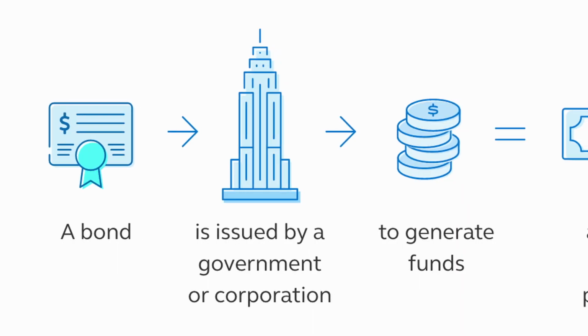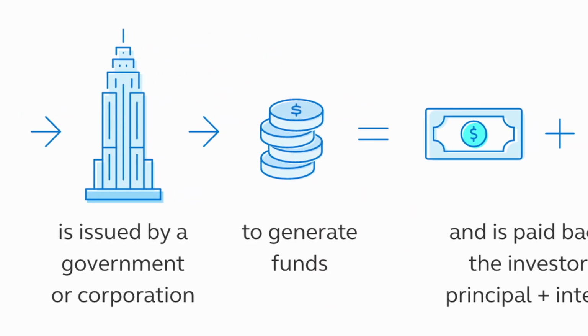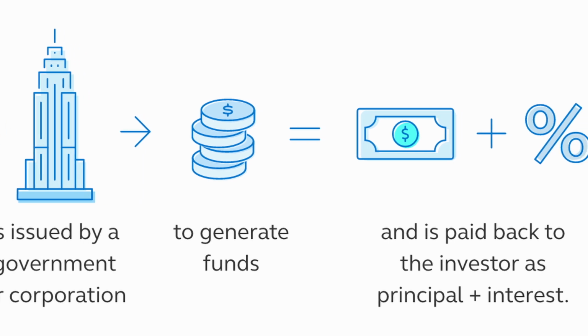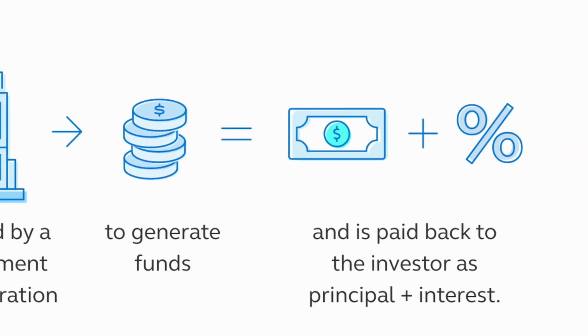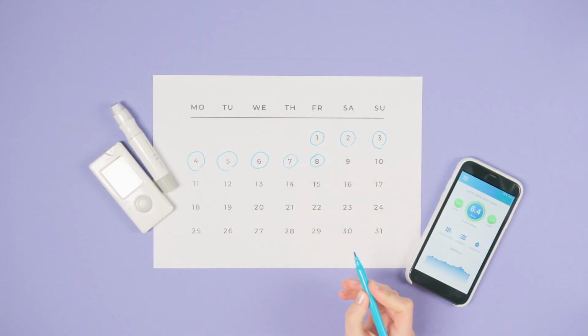So a bond is a promise from one person or entity to another. When they borrow money from you, they're going to pay you back that money, plus they're going to pay you interest payments over the period of time which they're borrowing that money. So it's a good way to get a regular interest payment over time with very little risk, at least relative